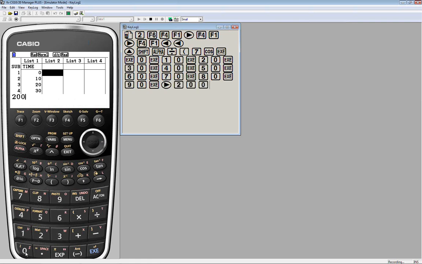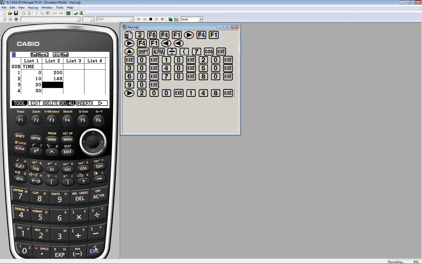First temperature was 200, 148. I'll try not to go too quickly here so that people who would like to have the opportunity can work along on their own calculator. The third temperature was 116. The fourth temperature was 97.